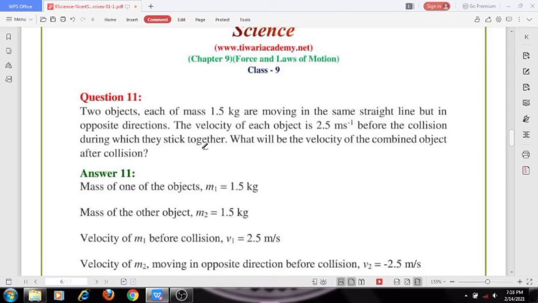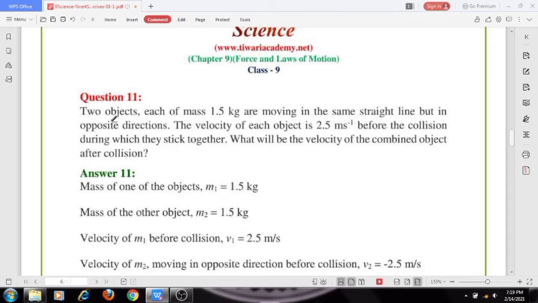Whenever we look into this problem, we can understand that it is related to the topic, that is conservation of momentum, right? So can you state the law of conservation of momentum? That is, the total momentum of any system is conserved, that is before the collision and after the collision, right? That is, the total sum of the momentum is equal in either case, before and after collision.